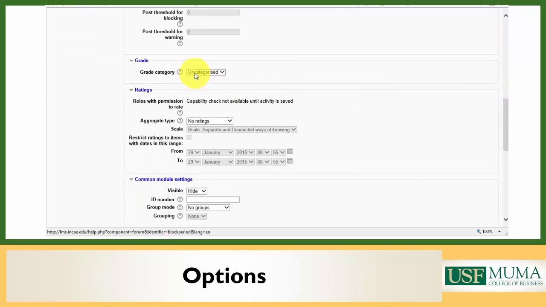Grade category, you can set up grade categories in Moodle. I don't, so the only option I have here is uncategorized. Ratings allows students to rate posts, and I've actually used this in other systems. My current system, Canvas, doesn't have this feature, but the ratings can be a nice way of helping you grade,